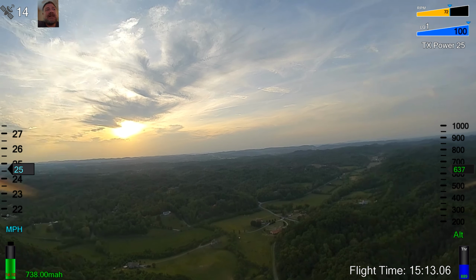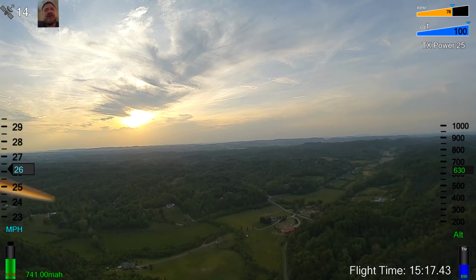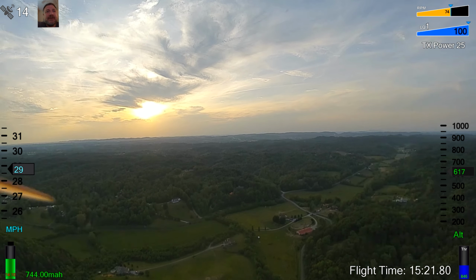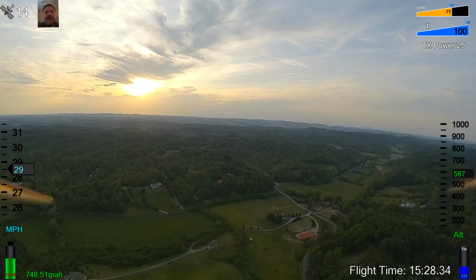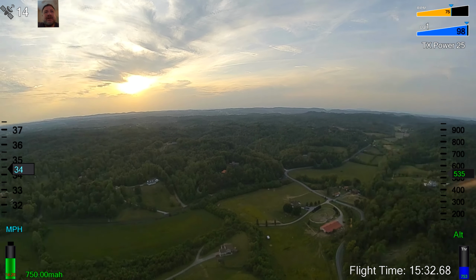So now the battery is at, I think, half empty, and it starts to go quicker when it gets lower since you're using more throttle and stuff. So I don't make another trip out there. I go out like halfway, explore around a little, but I don't want to make another trip out there because